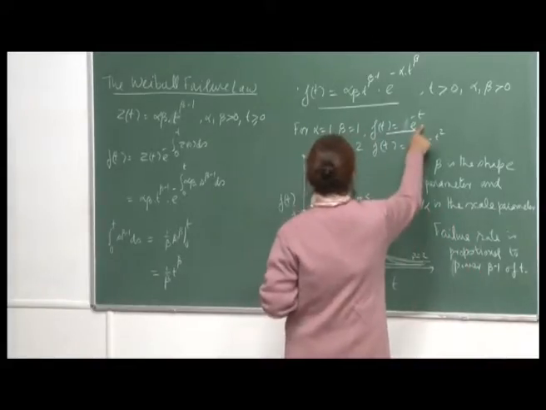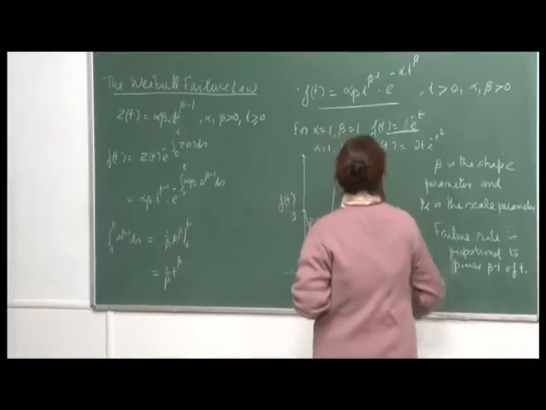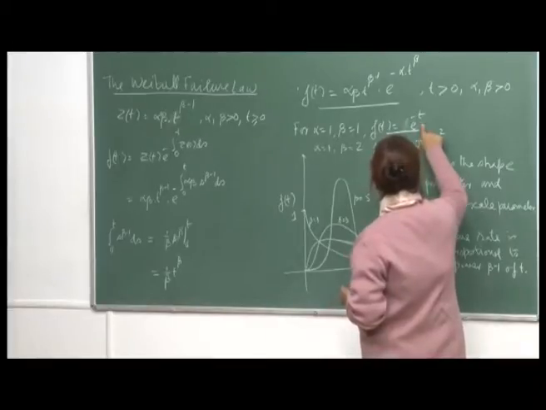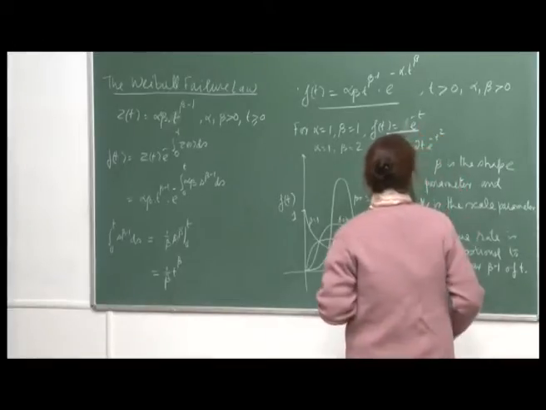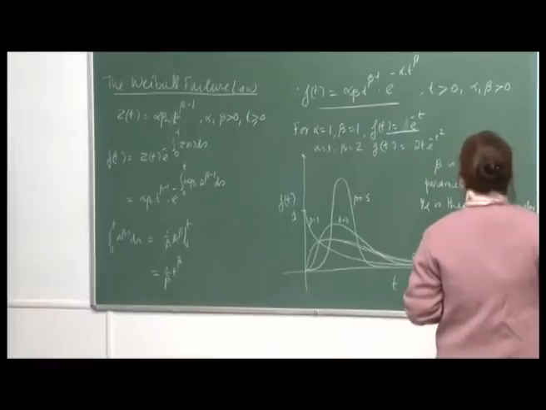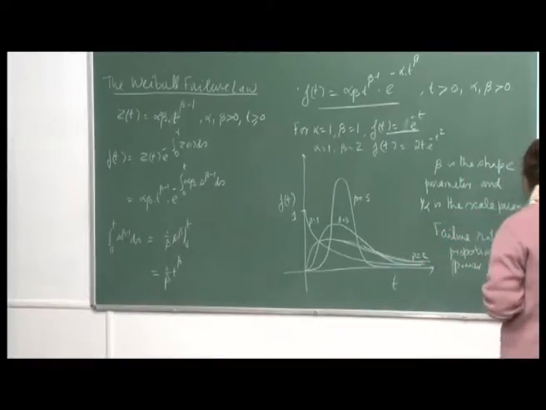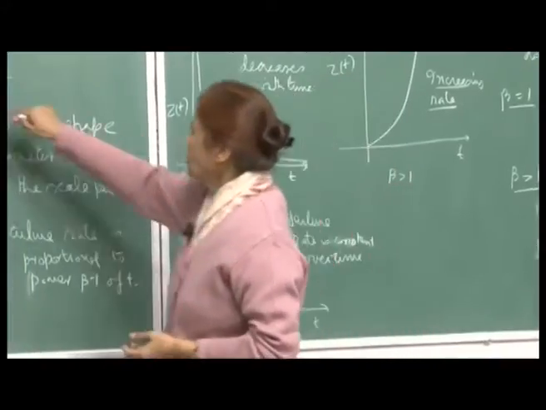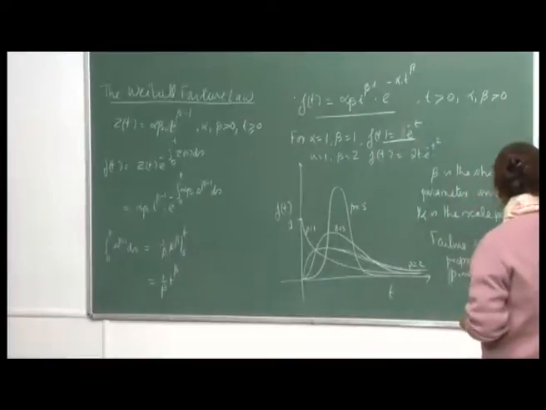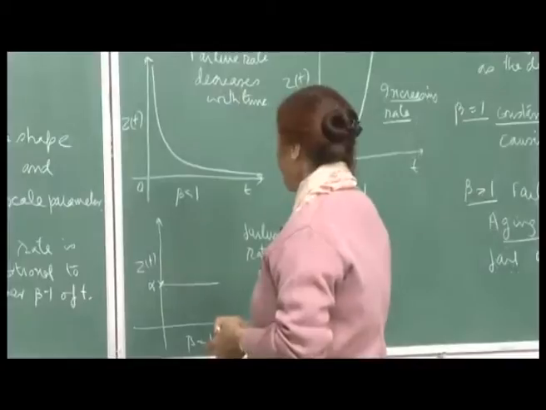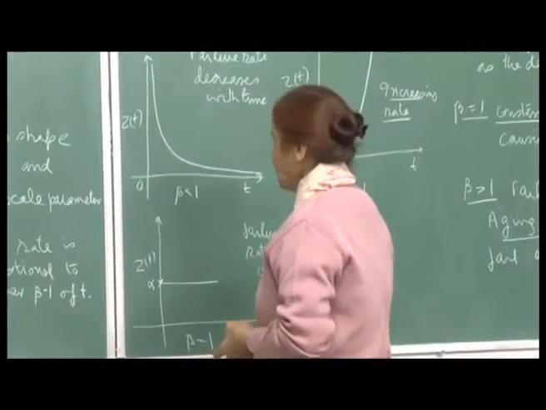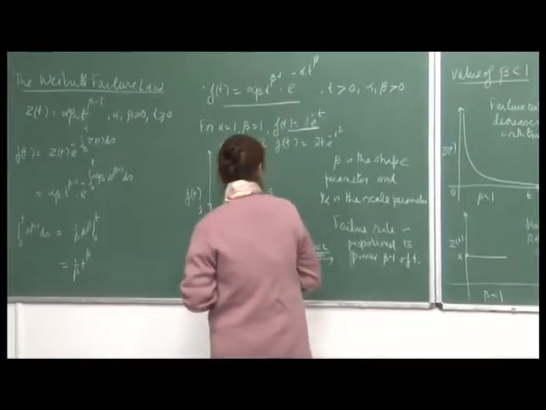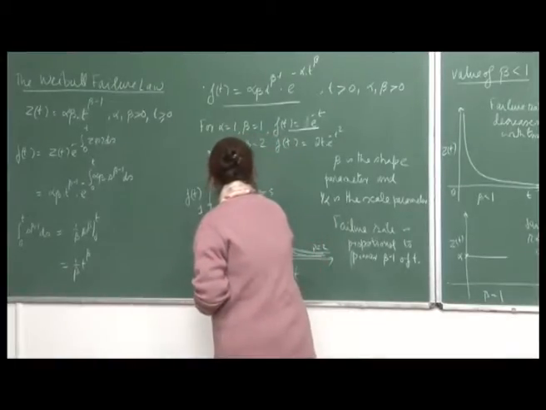So, for beta equal to 1, this will be exponential, and the failure rate will be constant, which will be 1. Here I have drawn it only for beta equal to 1, and alpha is as it is. You put alpha equal to 1 also. So, anyway, this is your function for the failure rate. Then when you put alpha equal to 1 and beta equal to 2, then I have drawn this one.